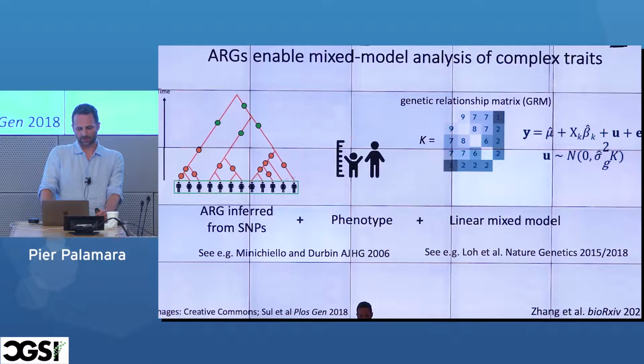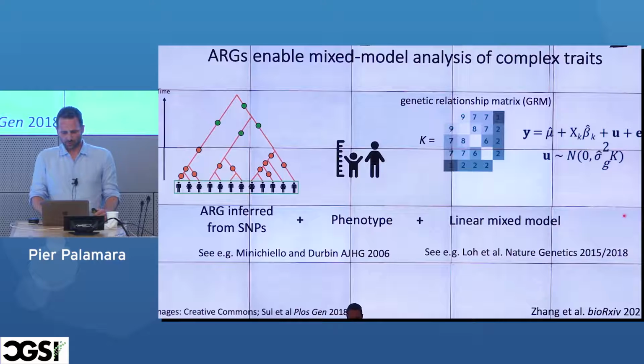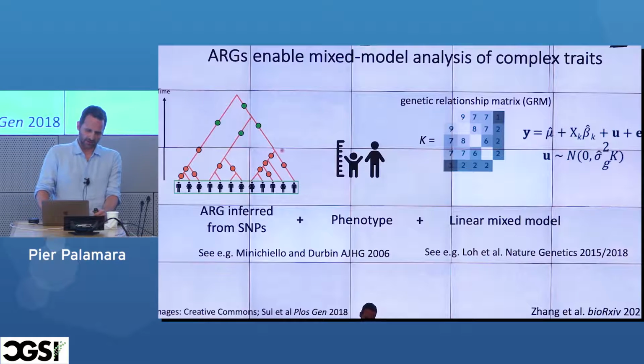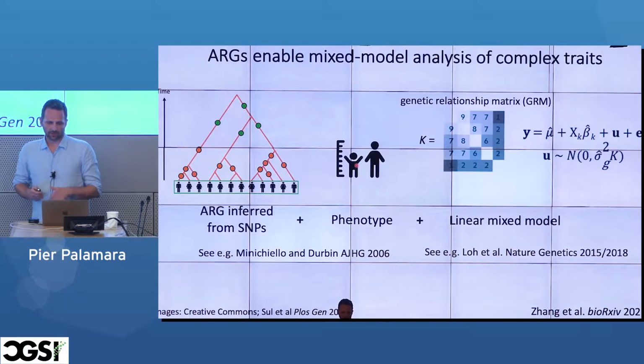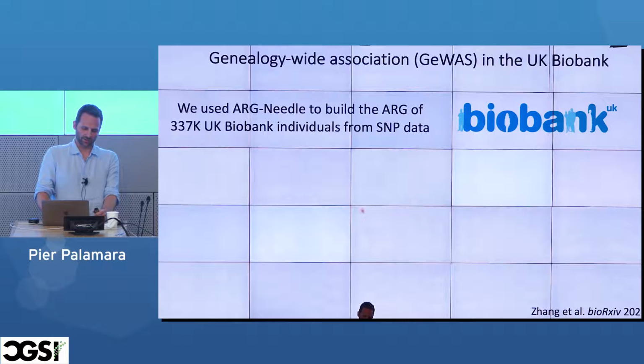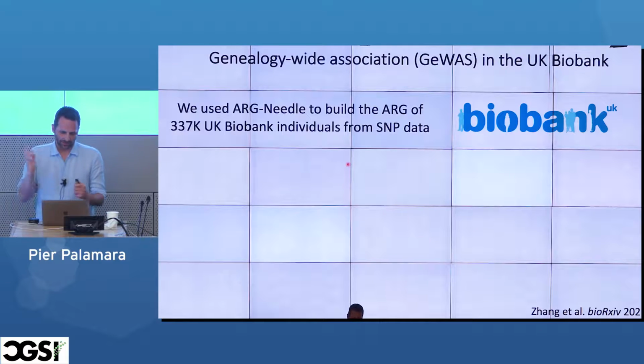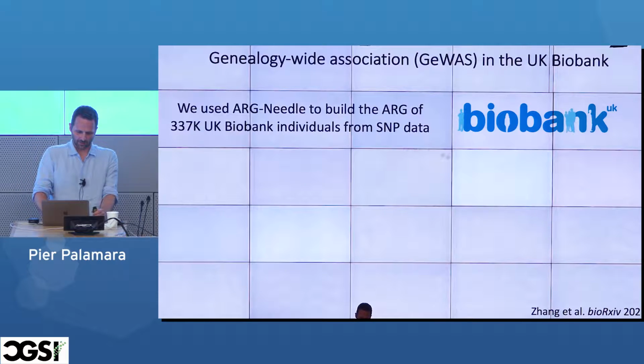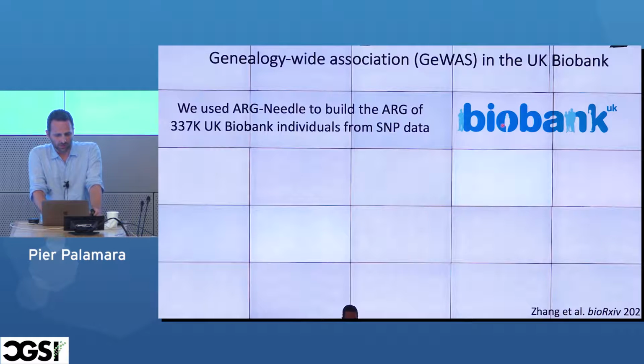But anyway, more practically, one thing that we can do very easily, once you have done this inference, you have the ARG, and you have a good sense of where these dots could be, is use the mixed model to do the association. So we can test each of these dots directly for whether they are associated with the phenotype. We can do what we call genealogy-wide association, which is very similar to a GWAS, but instead of testing the mutations that we see, we test the mutations that are likely or possibly could be there. I have sort of described the method, but I'm going to show you some results to show you what this might look like.